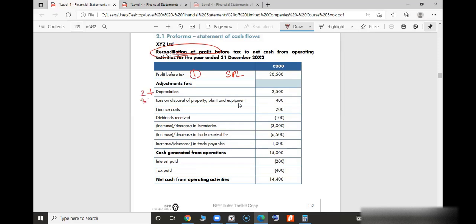Third one, it could be plus, it could be minus. Loss on disposal, you add. If it is a gain on disposal, you deduct. This time it's a loss on disposal, you add. Finance cost, which is basically your interest, that is your fourth one, you add. Add here, but at the end of it, again, you deduct there. This is just a presentation way. Finance cost,